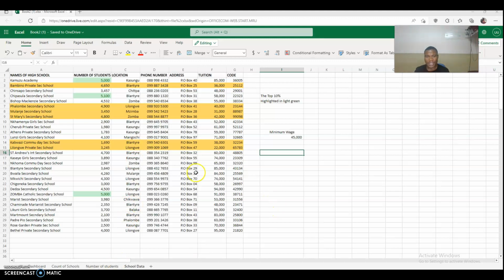So I've also included conditional formatting to help me perform all these formatting rules. And